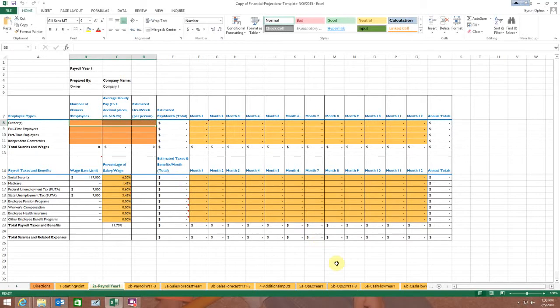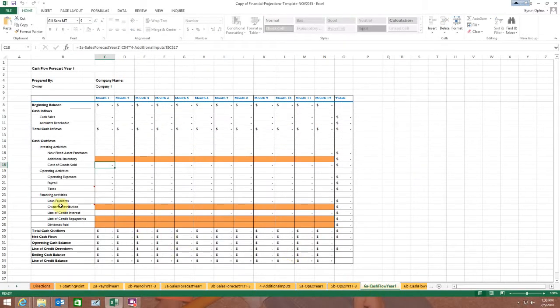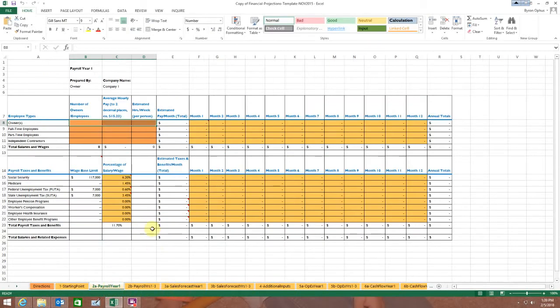But owners are going to show up on the cash flow, and we'll get to that later where it says owner's distribution. The reason for that, and this is just a bit of a lesson, doesn't really have to do with our template here, is that all of the entities, whether it's sole proprietorship, partnership, S corporation, LLC, LP, LLP, any of those are called pass-through organizations, meaning that the full profit or loss of the business flows through or passes through to the owners.